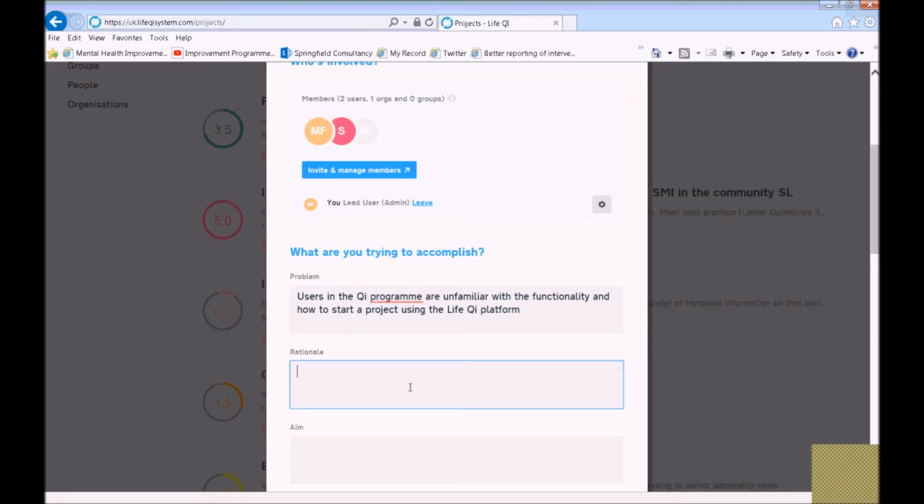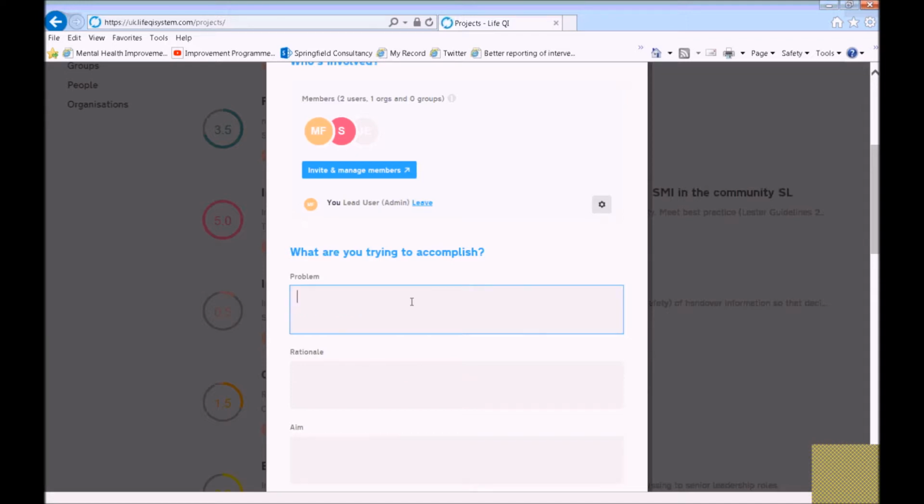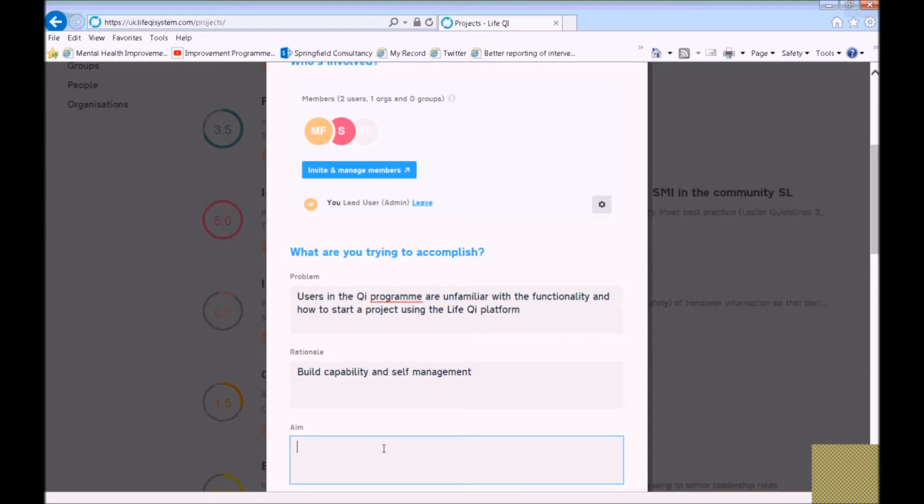Okay, so the rationale for doing this is we want to build capability and self-management. The aim is, so if we think about a measurable aim for this endeavour, it might be that we want to reduce the amount of time that the QI leads are spending in coaching each individual member of staff on setting up their project in LiveQI. So video is a nice, easy way of giving people the knowledge and saving staff time. So let's say